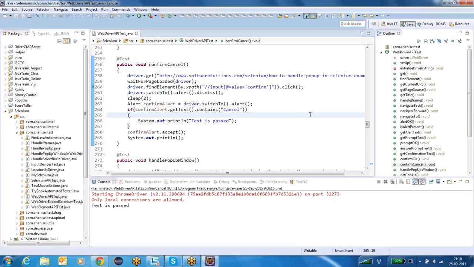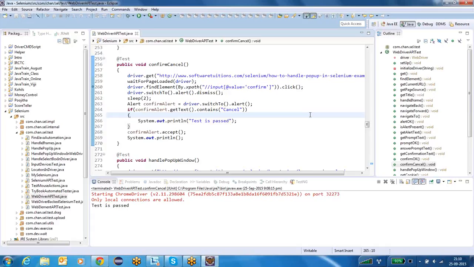And to click on OK button of it, you have to call accept method. On top of alert, you have to call accept to click on OK button. If you want to click on cancel button of prompt or confirmation, because you don't get cancel on top of alert, if you wanna click on cancel button of either alert, prompt or confirmation, you have to call dismiss method.